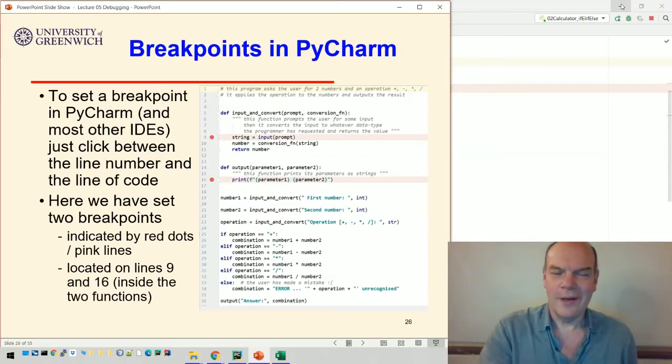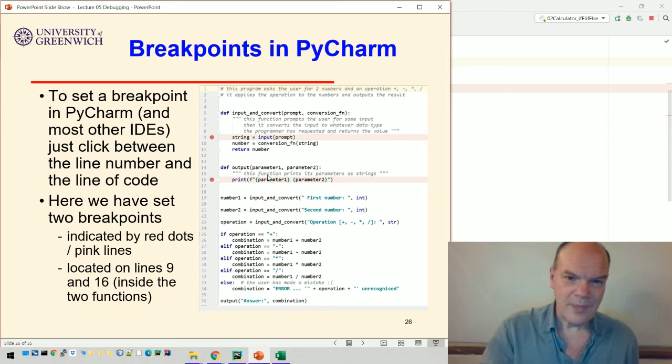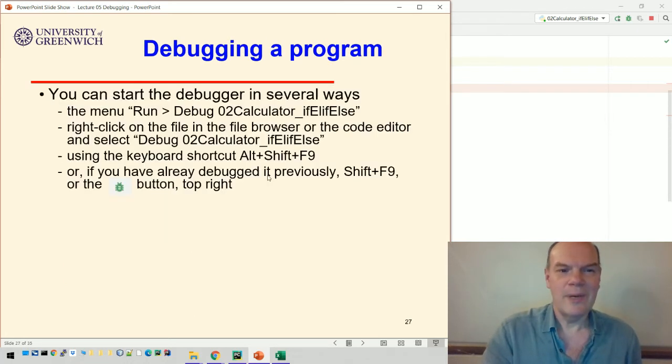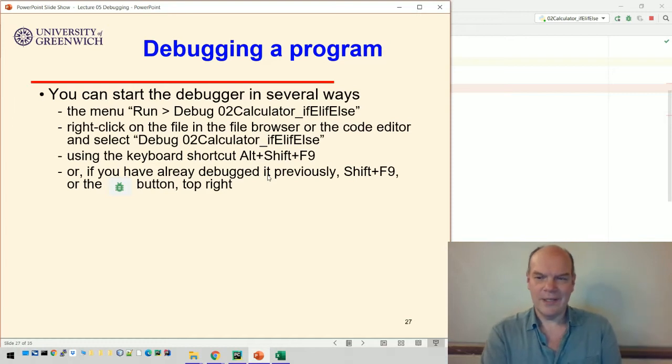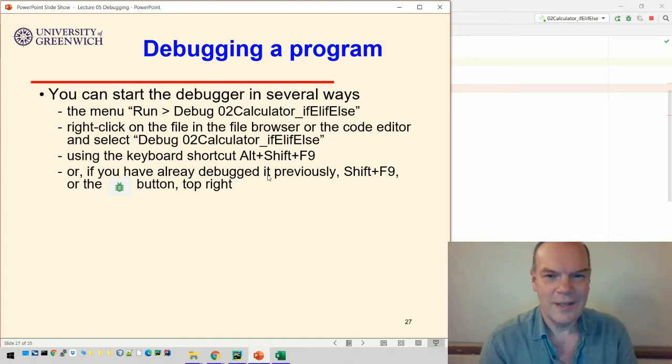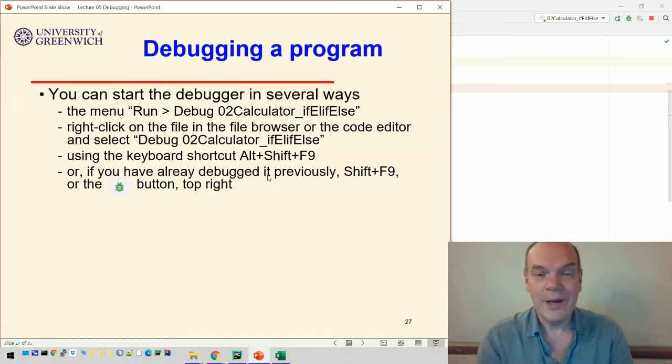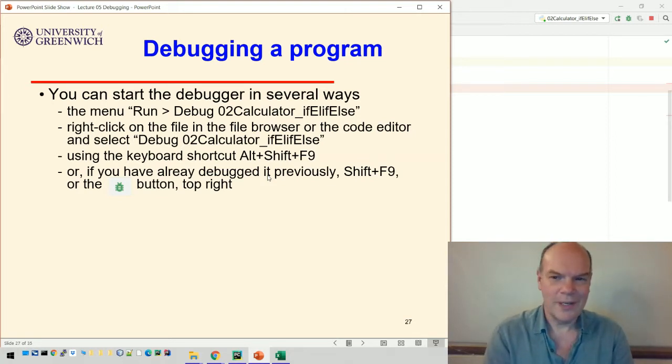So there we are. In our previous video, we saw how to set these breakpoints. In this one, we're going to look at actually using them. When we debug a program, it's just like running it, except that we're going to stop at the breakpoints. We can run a program that's got breakpoints fine, but if we want to stop at the breakpoints, we have